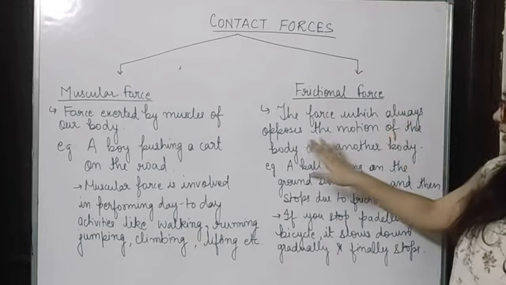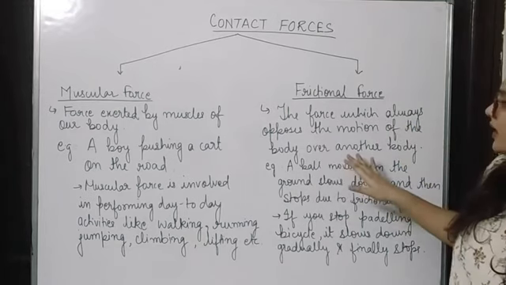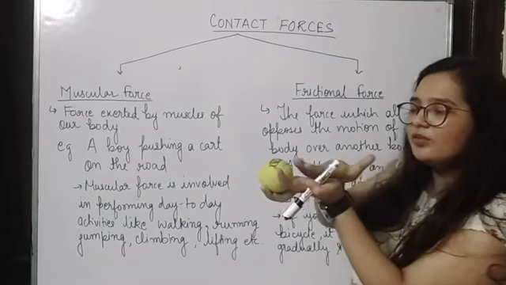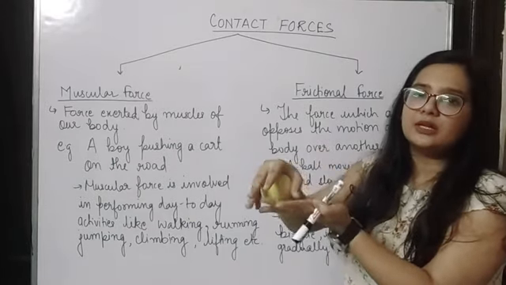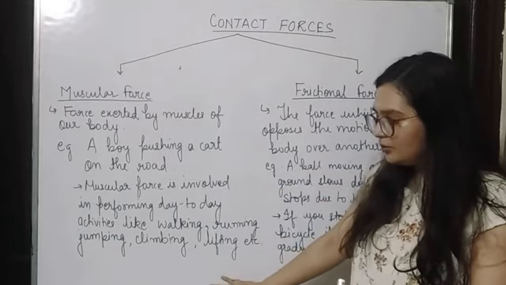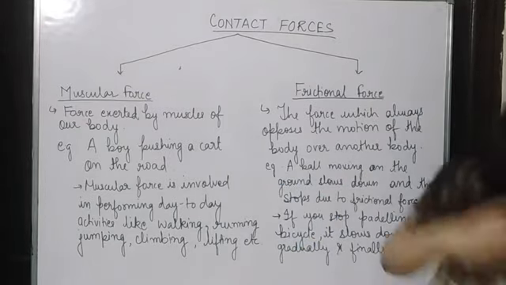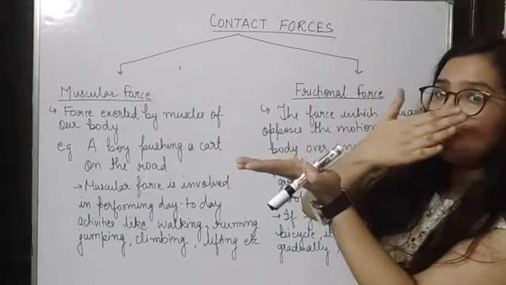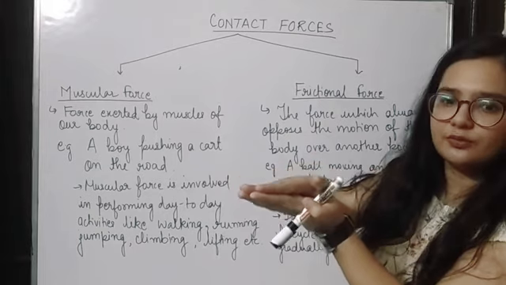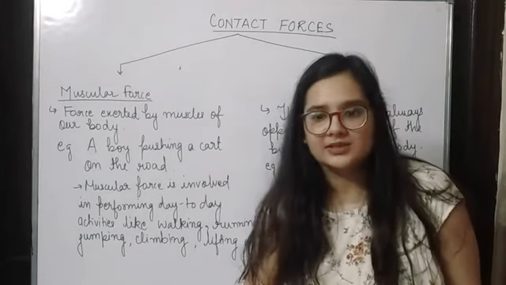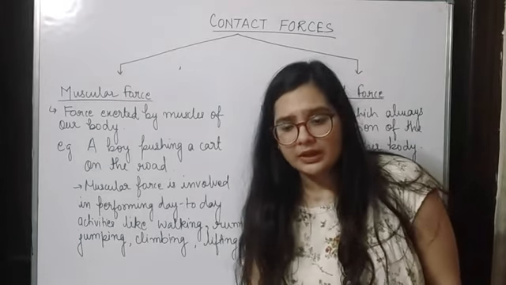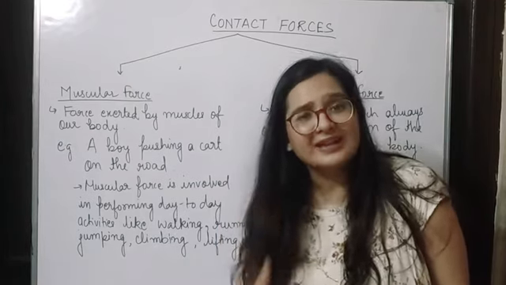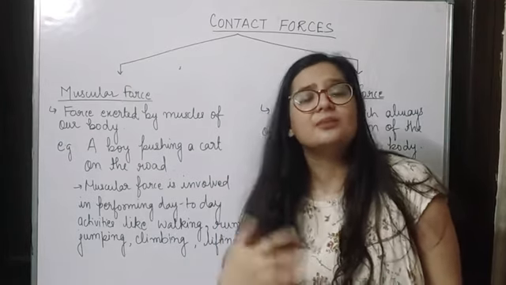So it is a force that opposes the motion of a moving body over another body. So in this, one body is moving over another body, and due to the movement of one body over the other, the object stops on its own. For example, if I'm throwing a ball like this, the ground is providing some kind of friction to the ball, and that is why the ball is stopping, right?